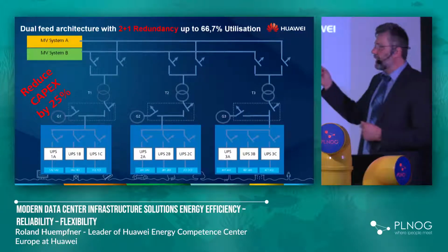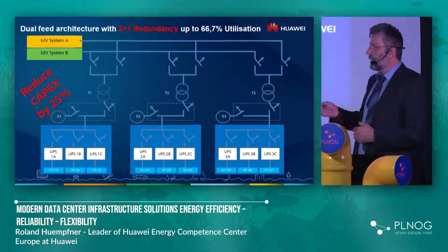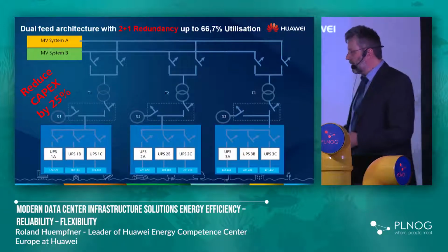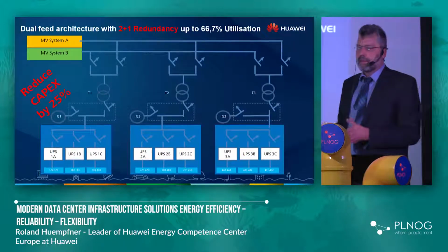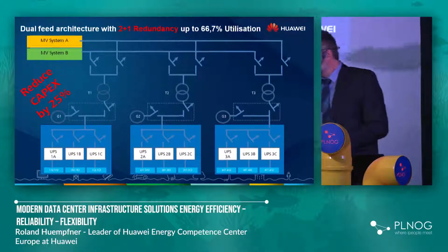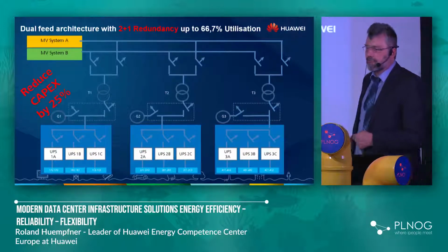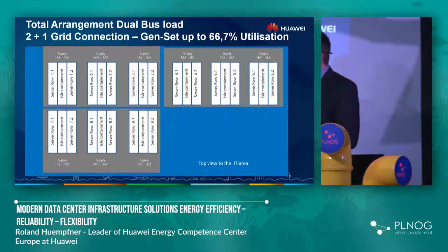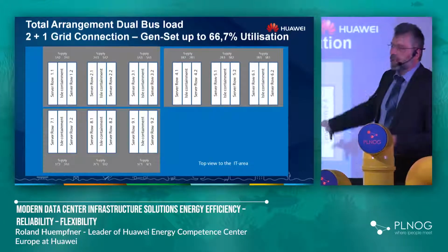But here is, let's say, a little bit, I call it the 2+1 redundancy, because we feed the loads from 3 UPS systems in a way that each row will always be fed from UPS number 1, UPS number 2, or UPS number 3. So the load arrangement would be like this. You feed in with 1A, 1 and 2A, you feed in with 2A and 3A, and if you arrange this,